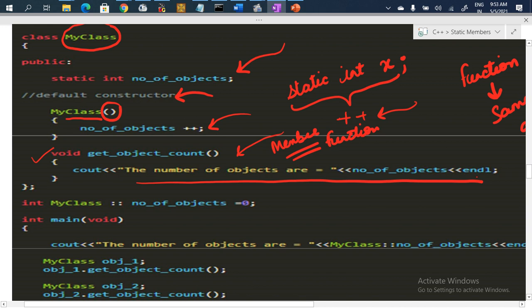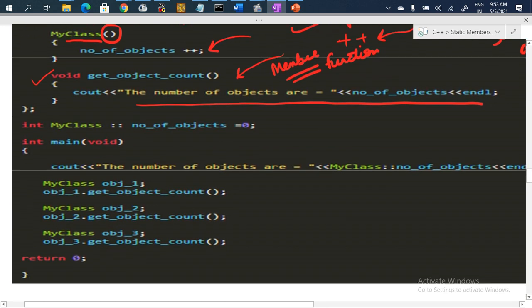Fine. Now the other thing which I'm going to do is use this static member in my class. So how can I use this in my main function? This can be done with the scope resolution operator. We have defined that if I want to use this inside the main function, I have to use the scope resolution operator because it is defined as a static data member. So what I am doing is int number of objects equals 0. Here I am giving it a 0 value. So I have to tell that I am going to use it in the class also.